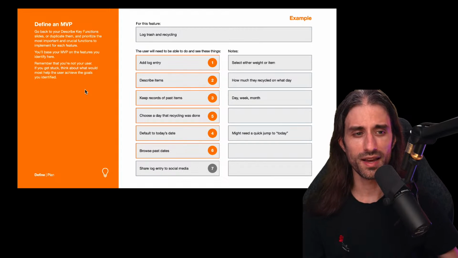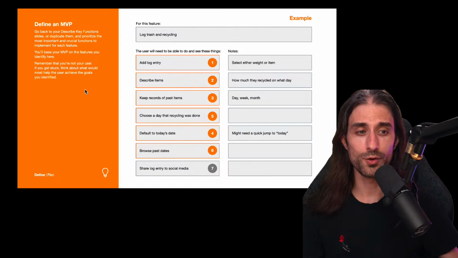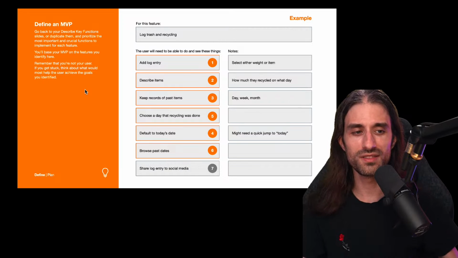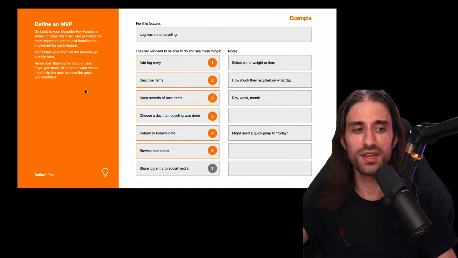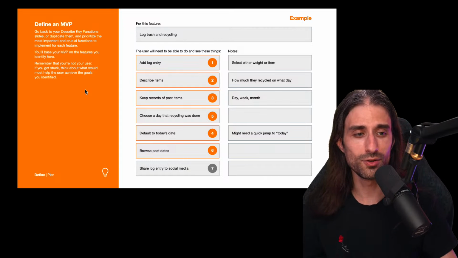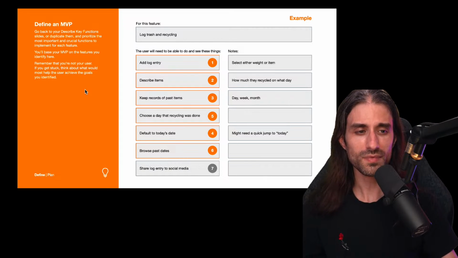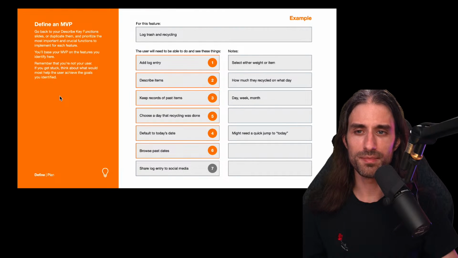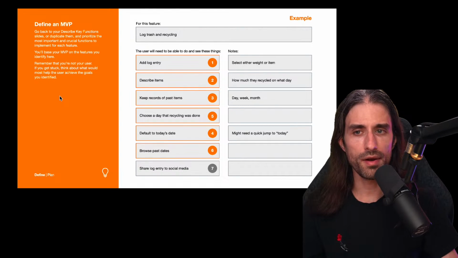And if you've read any kind of engineering methodology, you also often have this pattern. Methodologies are a way of trying to rationalize what goes in, what goes out, and how the transformation is made. And so you put things into boxes, and then you open each box and you reapply the same process inside the box until you've reached atomic operations, basically. So you'll base your MVP on the features you identify here. Remember that you're not your user.